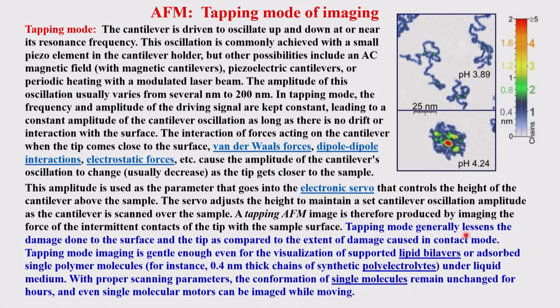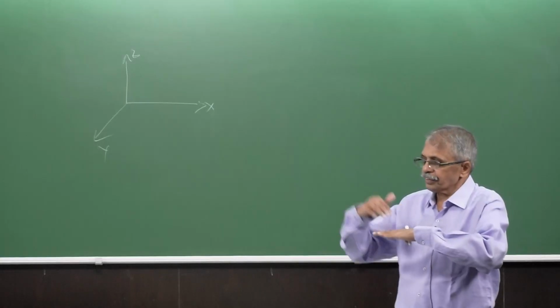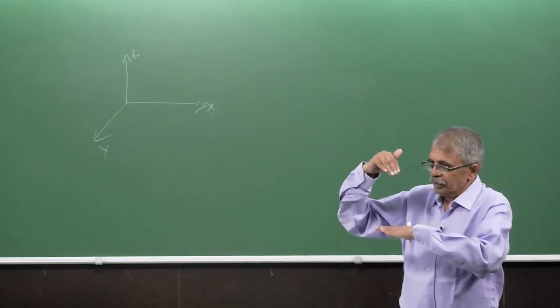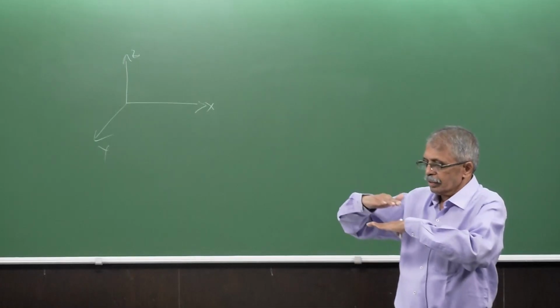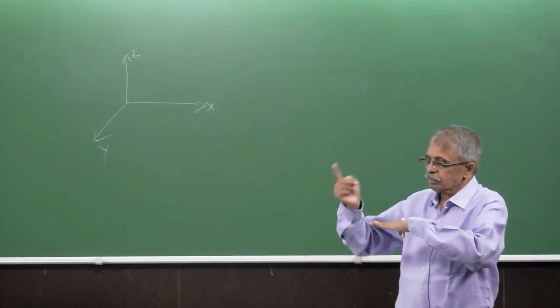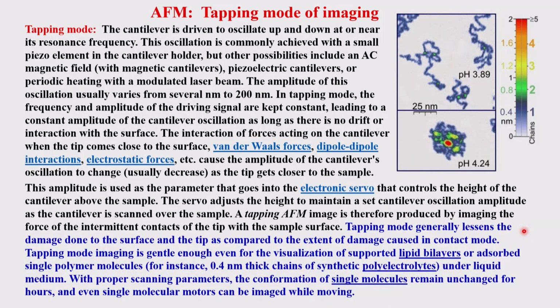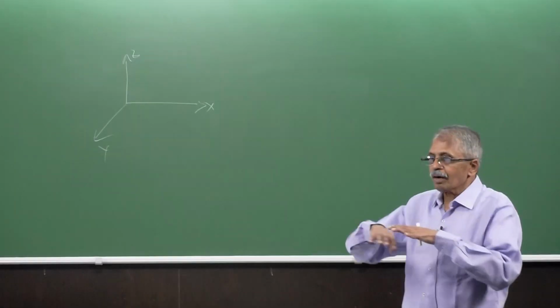The tapping mode generally lessens the damage because it does not touch the surface or suddenly jump into the surface or go out. These kinds of things are not there. It maintains a certain distance but feels the interactions, and those interactions are measured through the feedback mechanism or the deflection mechanism, or both, depending upon whatever is used. So tapping mode imaging is gentle enough even for the visualization of supported, for example, lipid bilayers or adsorbed layers